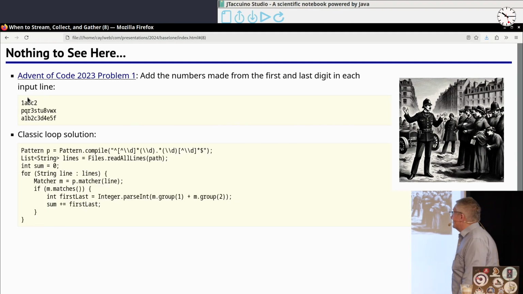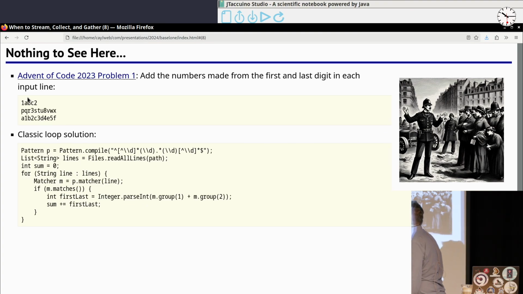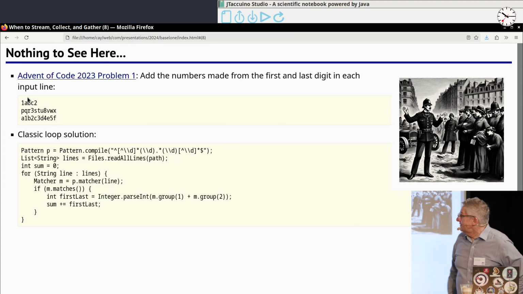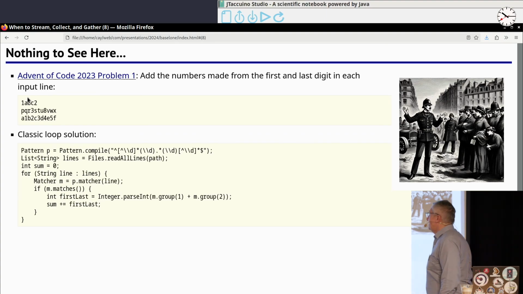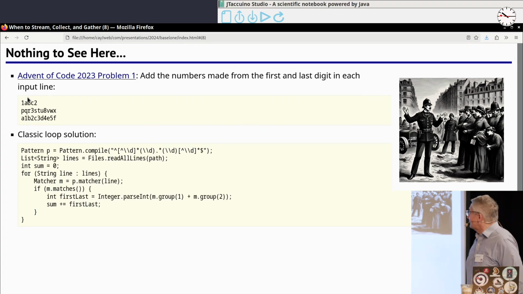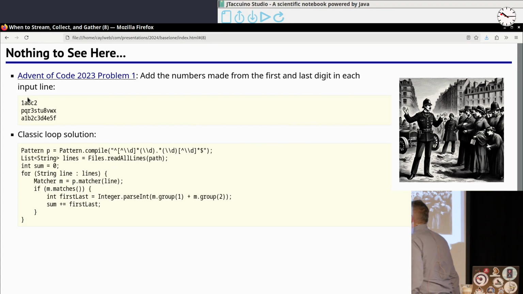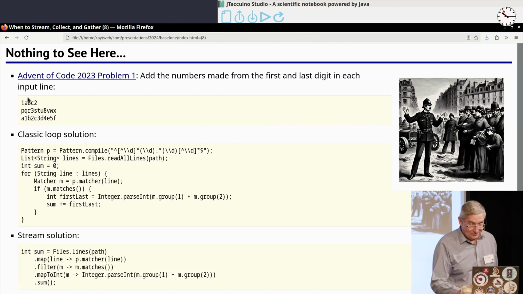And so I wrote this as a classic loop, of course with regular expressions, because when you have a problem, you should always use regular expressions, so that now you have two problems. That's just how the loop looks like. And you look through it, and it starts looking a little messy, and you have to look through some of the finer points here and see what you're really doing. But it's just what one does.